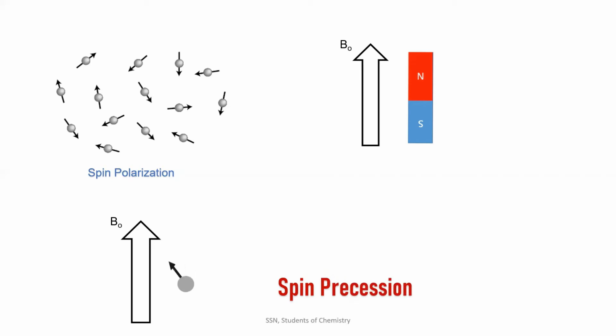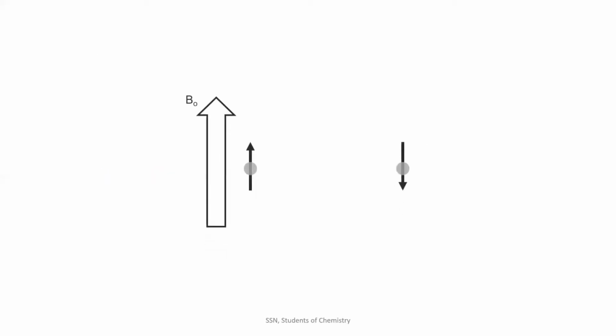By doing so, it develops a constant cone angle, and this cone angle is constant for every spin with respect to the applied magnetic field. This is my applied magnetic field. My upward spin and downward spin will show no movement along this magnetic field. In other words, they will not precess. But a spin which is perpendicular to the magnetic field will precess along its axis, and a spin which is tilted along the magnetic field will precess along its axis.